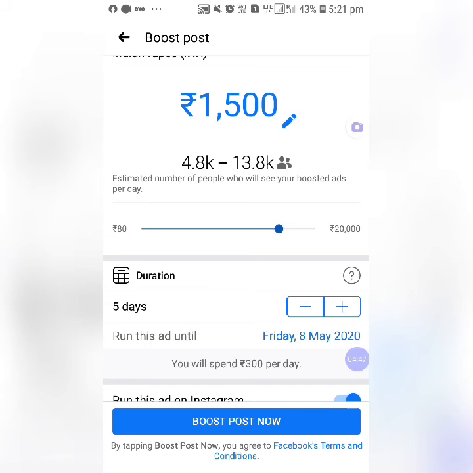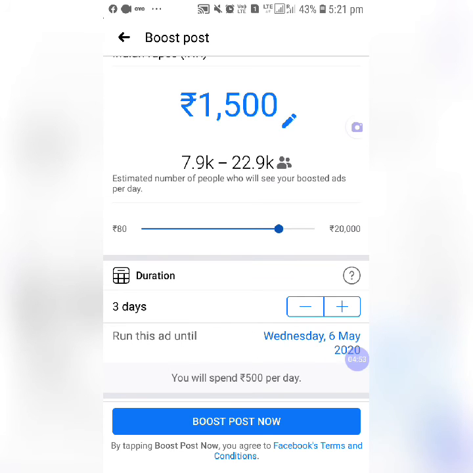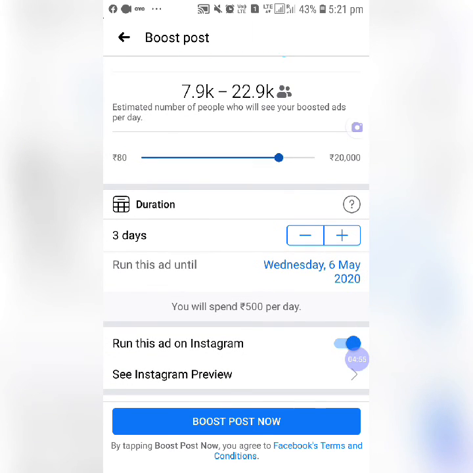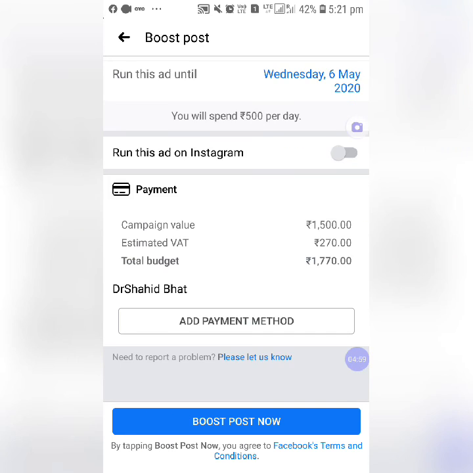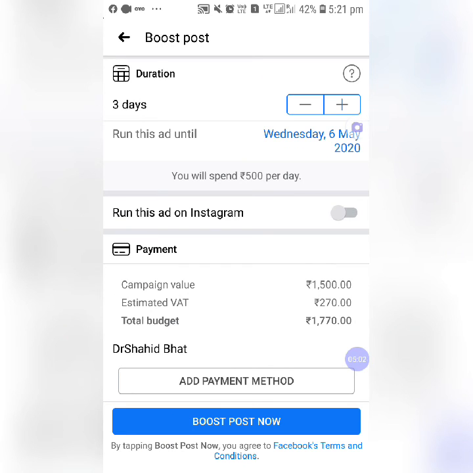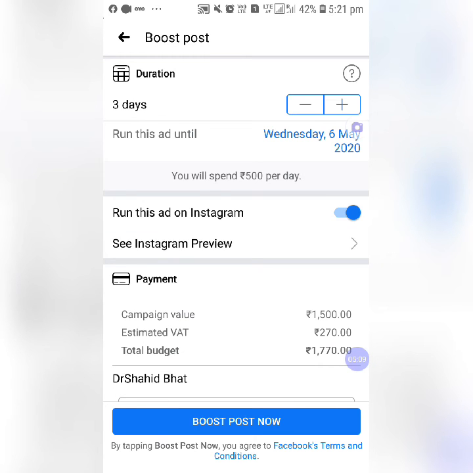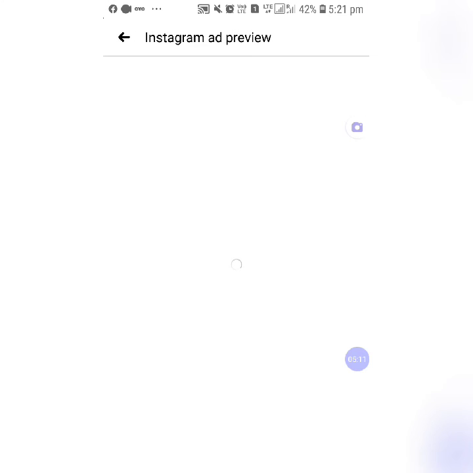We have kept it, so we can keep 1 day, we can keep 2 days, so we can change the duration as well. Well, there is also an option whether we want to run the ad on Instagram as well. In case we want to run on Instagram as well, then there will be preview available.